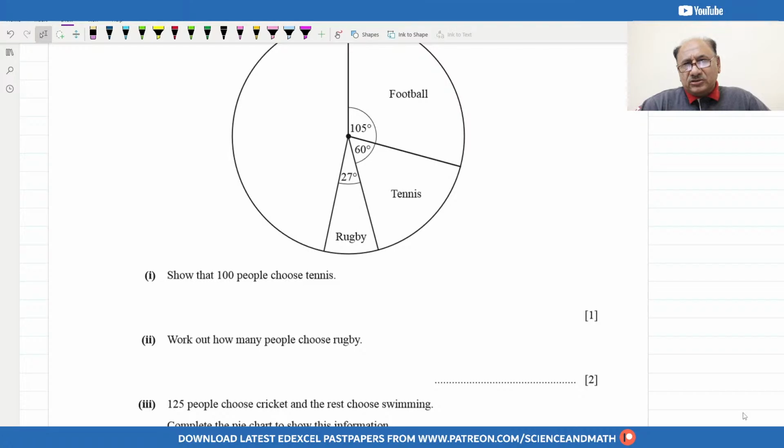And the sequences question, quadratic sequence and sequences questions will also be there. So these are basically the main topics which I have